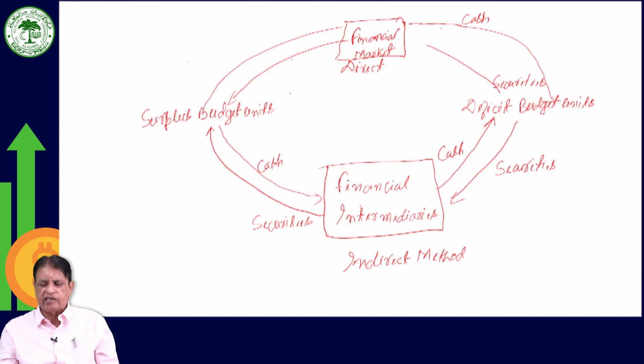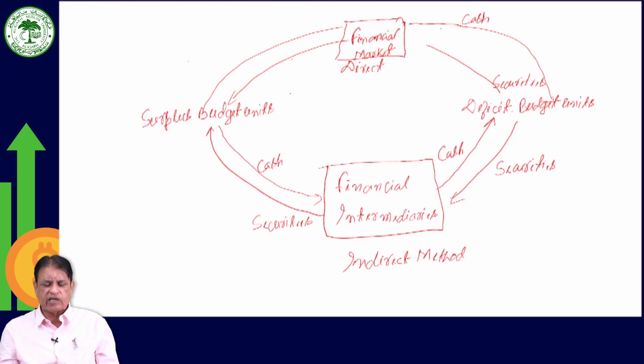Now, the securities issued by the deficit budget units, who are the ultimate borrower and ultimate user of the fund, and securities issued by the financial intermediaries, who are not the ultimate user, they are simply middlemen, and the funds that they are providing to the deficit budget unit are also not owned by the financial intermediaries. These funds they have obtained from the surplus budget units. So financial intermediaries are neither the ultimate owner of the fund nor the ultimate lender or ultimate borrower. They are middlemen operating between the ultimate lender and ultimate borrower.